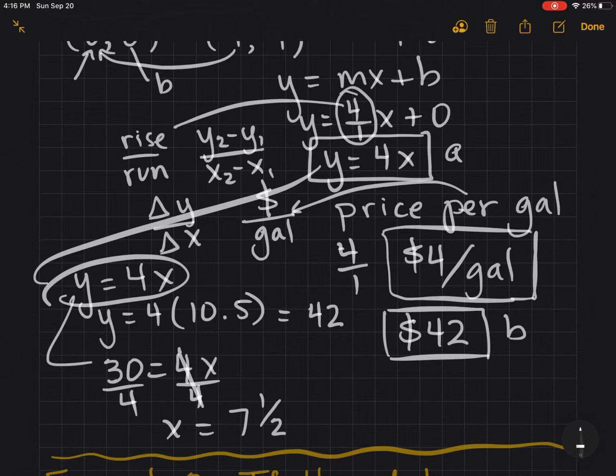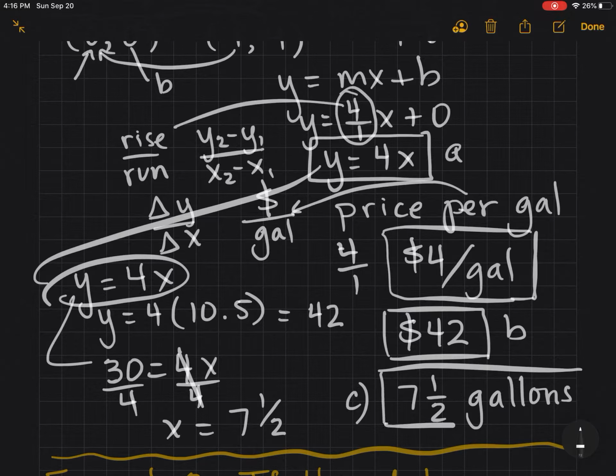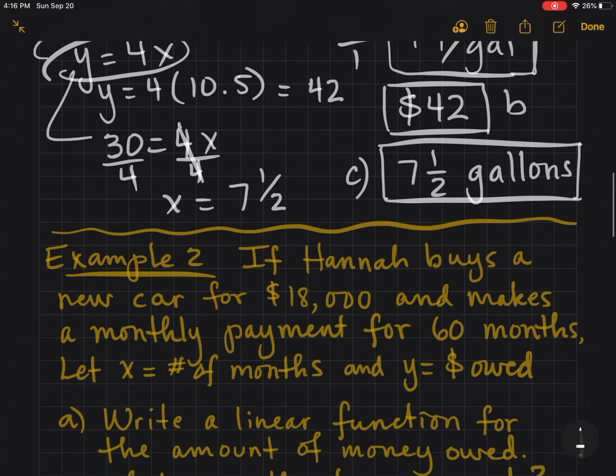But again, make sure you respond with your units. So x represents the number of gallons. So part C, I'm going to say 7.5 gallons. And that would be a good answer. Abbreviations are fine with me. Okay,